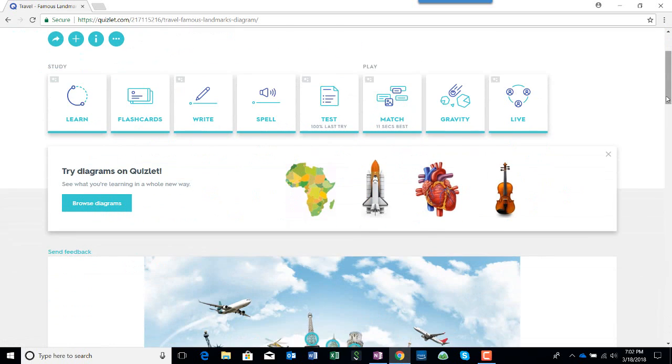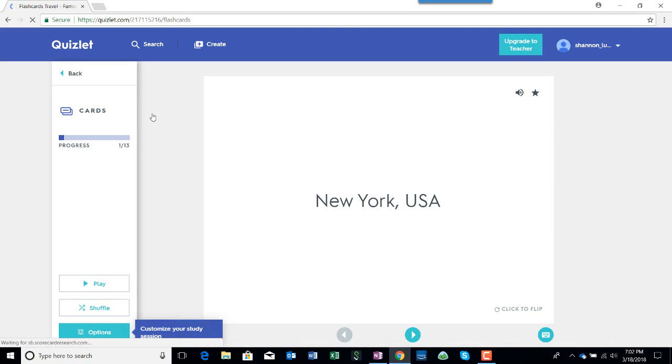There's also an area for flashcards. So if you get the teacher edition, which is only $35 a year, teachers can create flashcards that the students can use, and they just basically click on them and it flips over and says, you know, in New York City the Statue of Liberty is